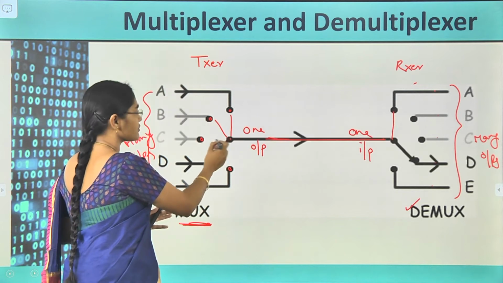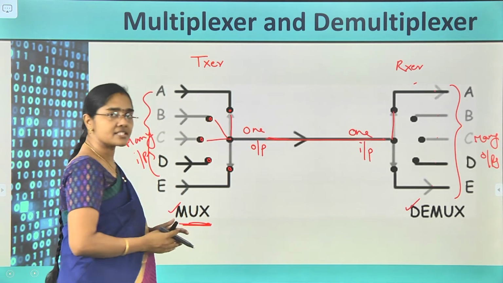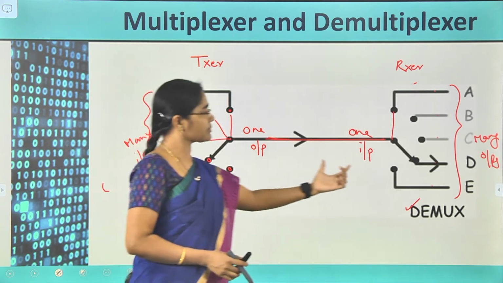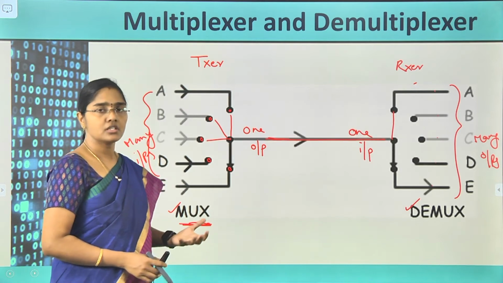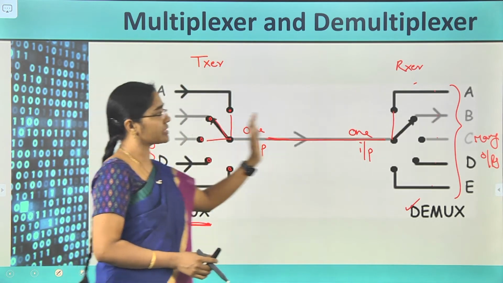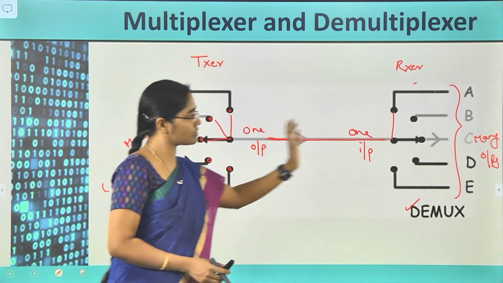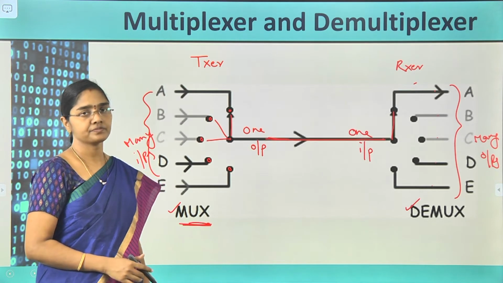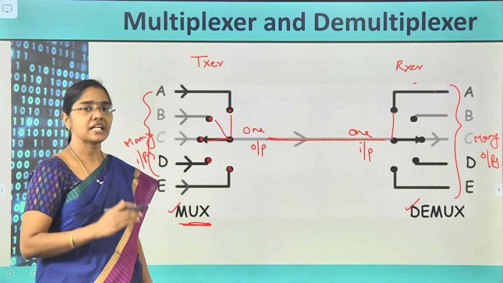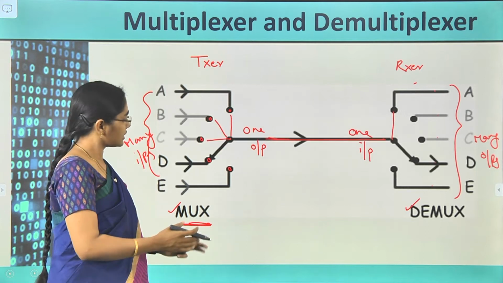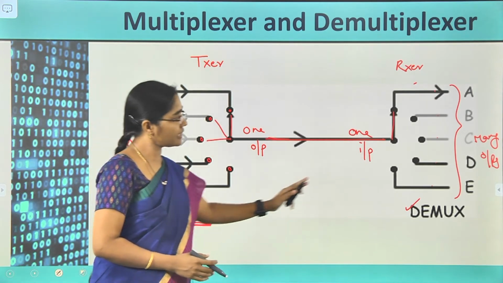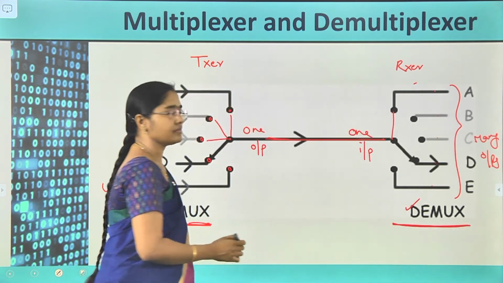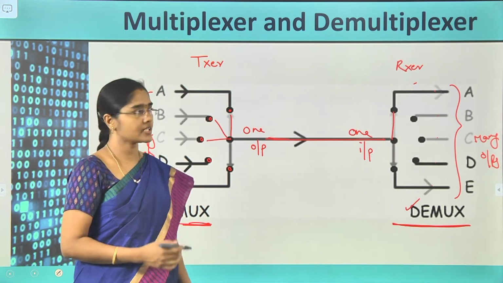So, this connection of switches here and there will be decided by the control signals, and this multiplexer and demultiplexer should be in synchronism such that exactly A signal will be received at A, B signal will be received at B and so on, E will be received at E, etc. Okay. So, this is the multiplexing system, with multiplexer and demultiplexer. In today's lecture, we are going to see about this demultiplexer as we completed the multiplexer in the last lecture.